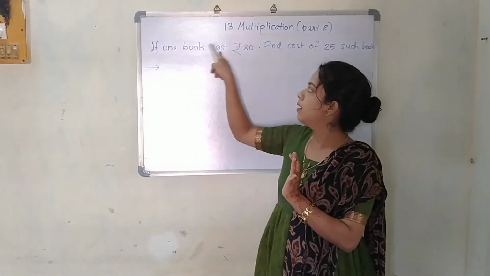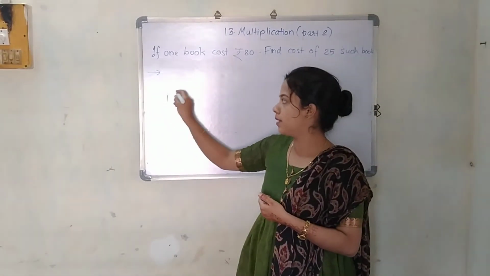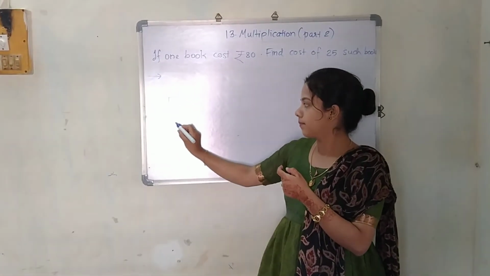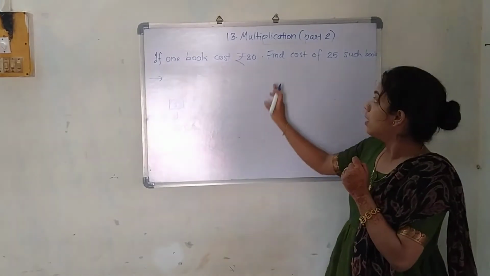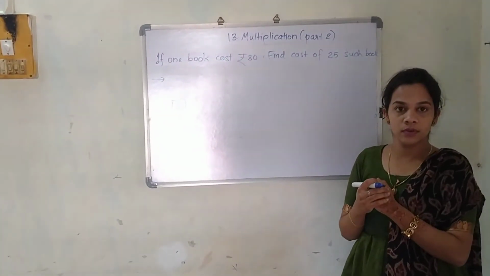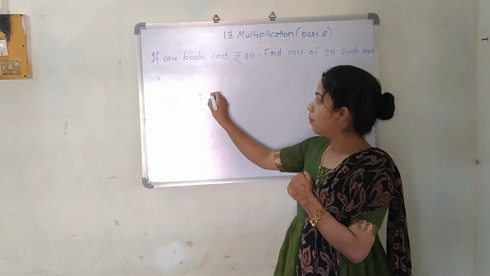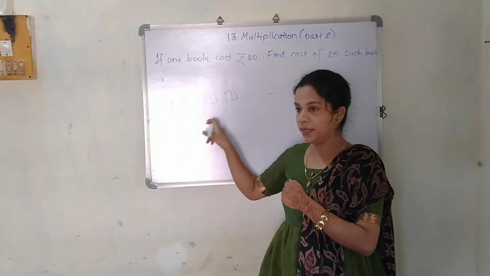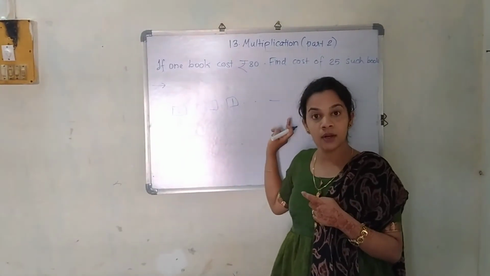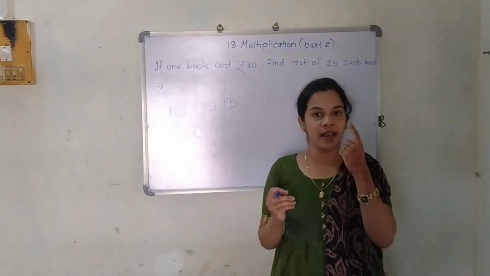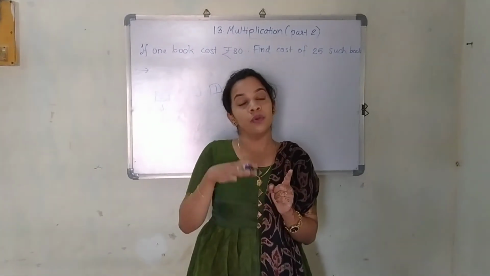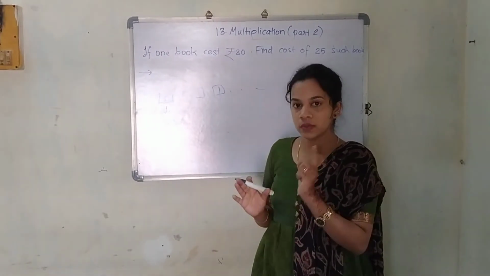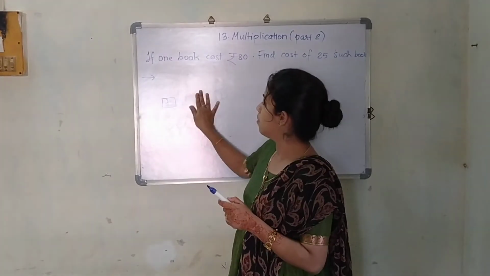Just see. If one book is costing 80 rupees, suppose now this is one book. Okay. The cost of this book is 80 rupees. But find the cost of 25 such books. 25 such books means what? How many books are you going to take? 25. Are you going to add them, 80 plus 80 plus 80 plus 80? No. When such questions occur, they are giving you the price of 1 and they are telling you to find the price of many things. That time you are supposed to do multiplication. So the same thing we are going to do over here. We are going to multiply.